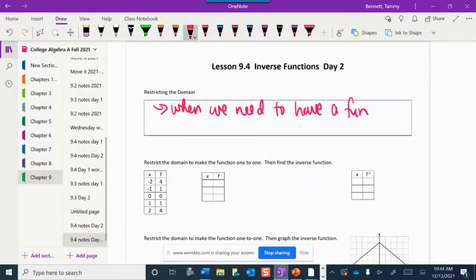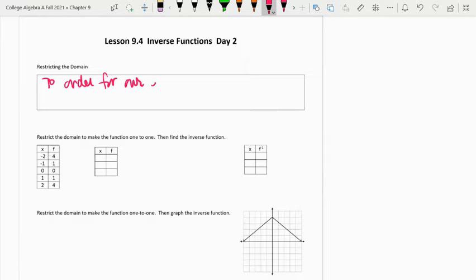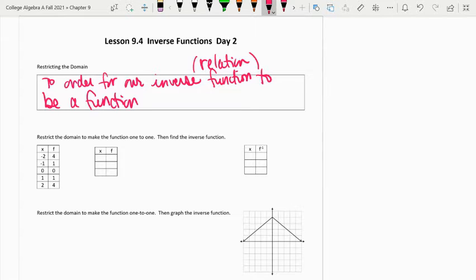All right, notes on inverse functions. Sometimes we have to restrict the domain in order for our inverse function to be a function. So in order for our inverse relation, I guess we could say, to be a function, we're going to restrict the domain on the original function